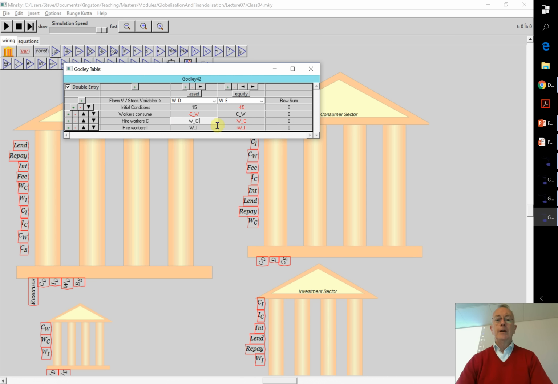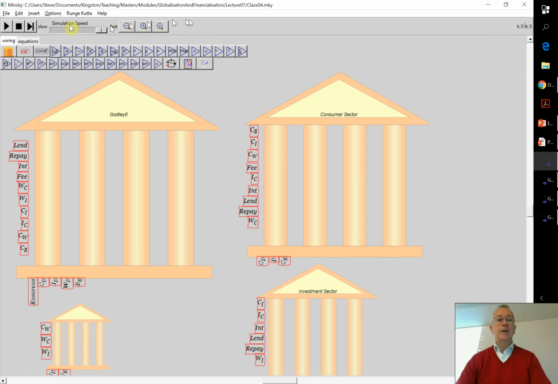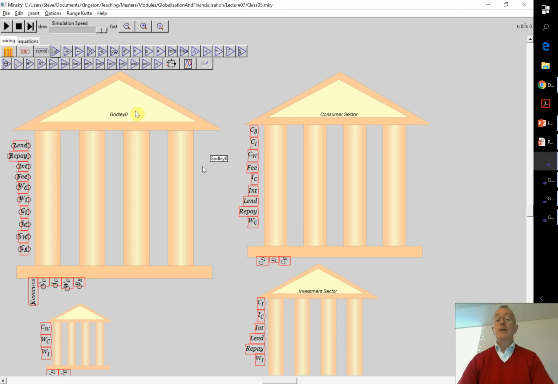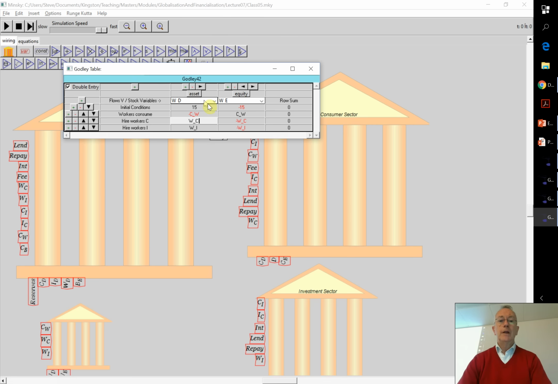Okay, so having done that, again I'll save it again. I'd rather have too many copies of something than only have one copy that's been stuffed up. Can you see that? It's a bit small, but that's the workers table. So W_D is the asset, that's the deposit account. W_E for their equity, and just make where there's a positive entry, just make a matching negative.